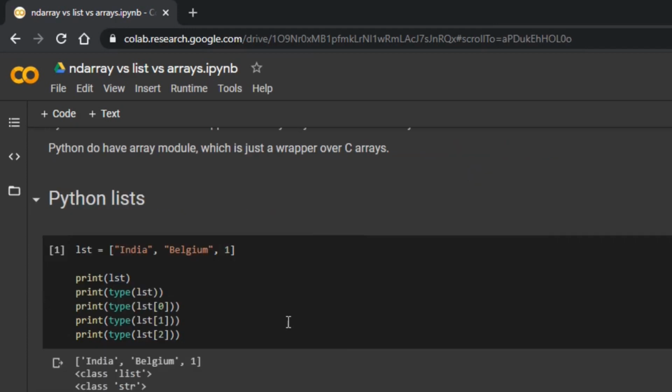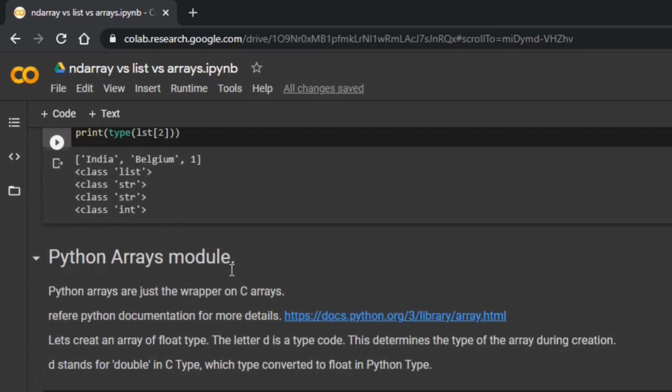Let's see how it is. So the list has the data type of list itself, and the first element in the list has a data type of string. Similarly, the second one is also a string and the third one is an integer. So it can hold different data types in different combinations.